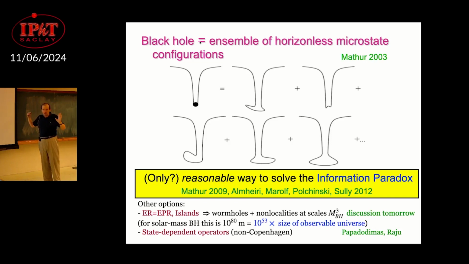I'm getting older, so maybe younger people may enjoy it more, but at some point with age one becomes a bit more conservative. These things already have non-locality at the scale of the horizon. That's quite a lot. When I was young, this used to be the revolutionary thing. Now people do non-localities at the scale of the universe times 10 to the 53, and with impunity. Back then, we were given a hard time by just doing a non-locality at the size of the horizon.